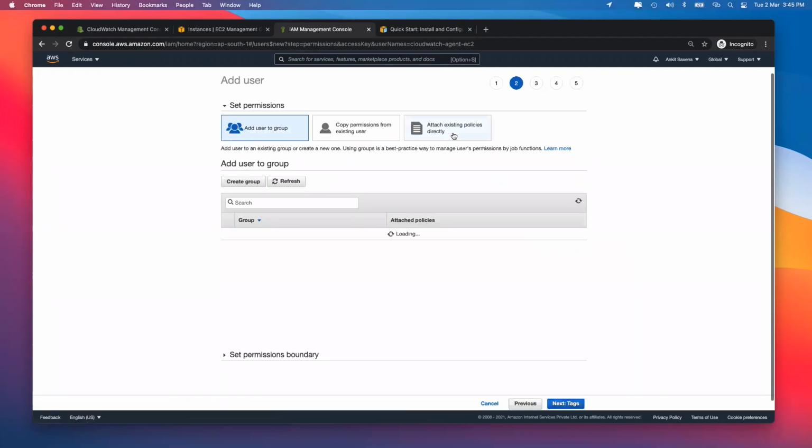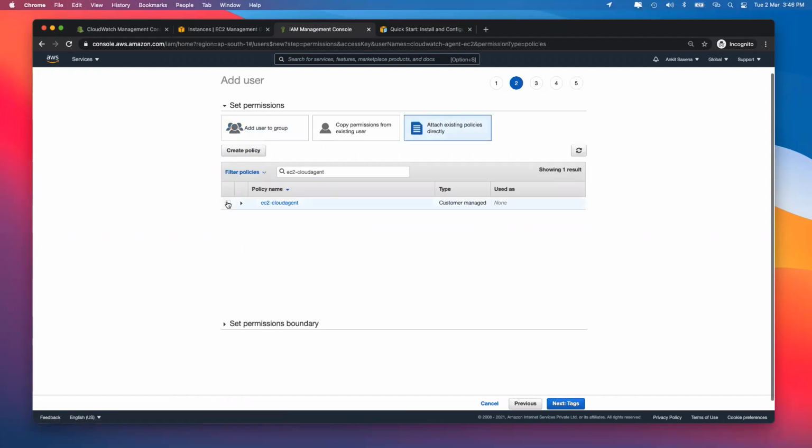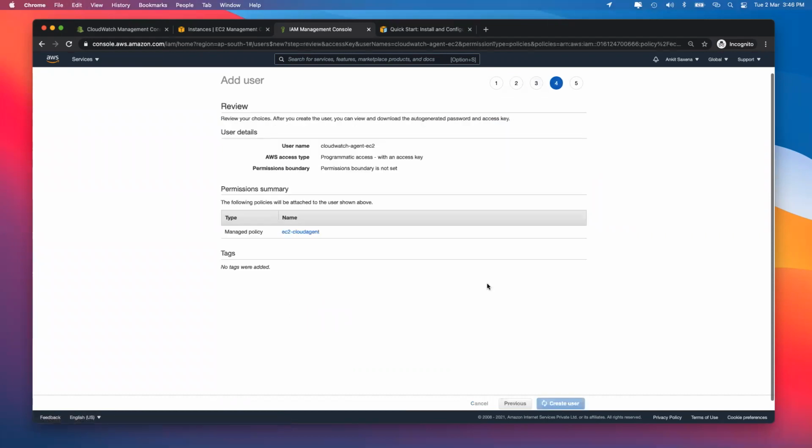In the next permissions step, I will attach the policy which I created some time back. I click over here and search for that policy. If you want, you can also click on this button and expand the policy to see for yourself how it is. Then click on next, tags, review and create user.